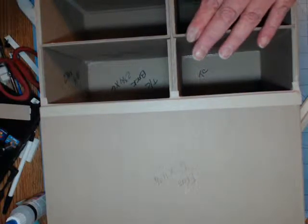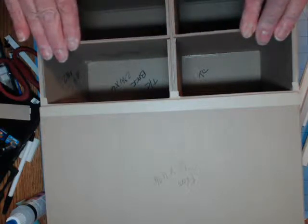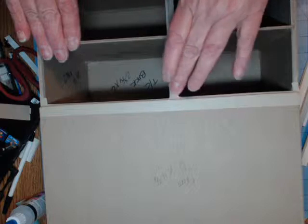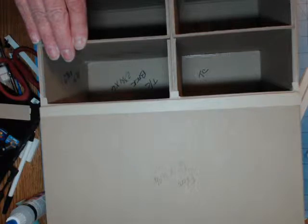And then we need to put, let's see, how was I going to do this? I have to put one across here. This one's not going to go on yet. This one's going to go on after I put the bottom on. I have to put one across here. And then I'm going to have to put one down here. So I want this one to go across here first. So let's take and,